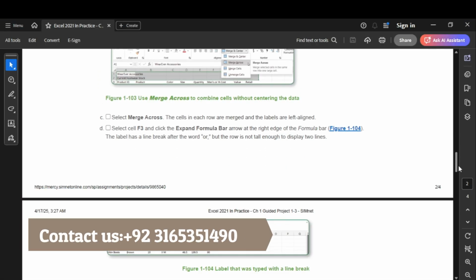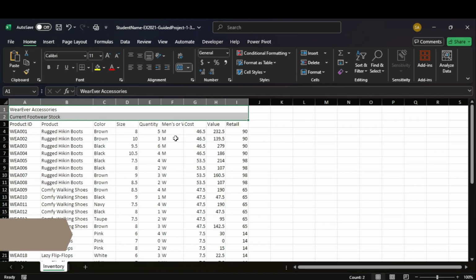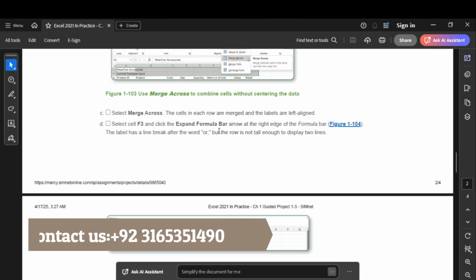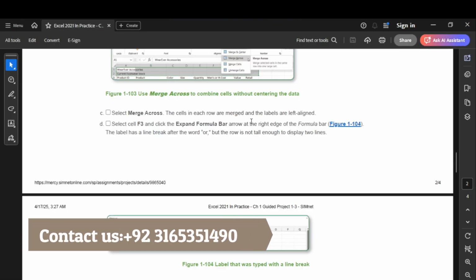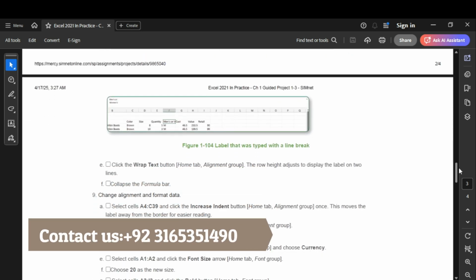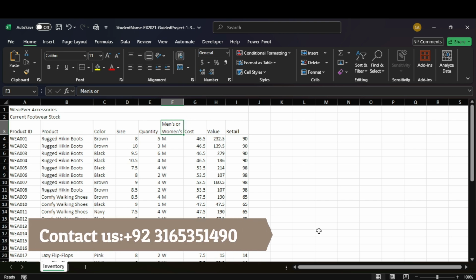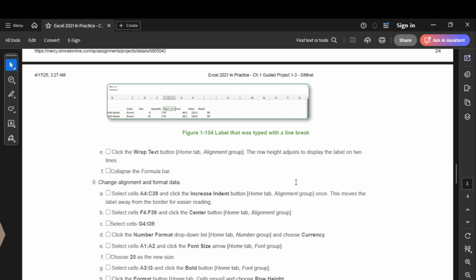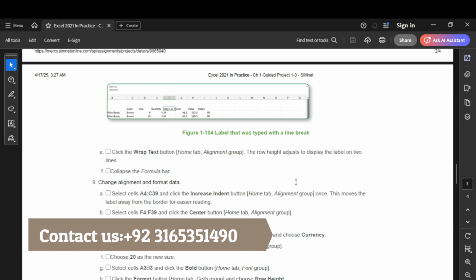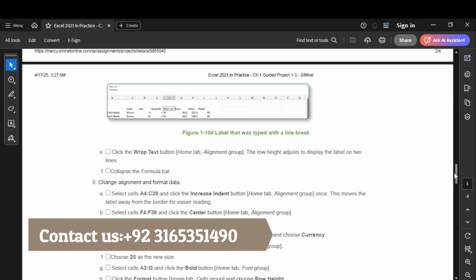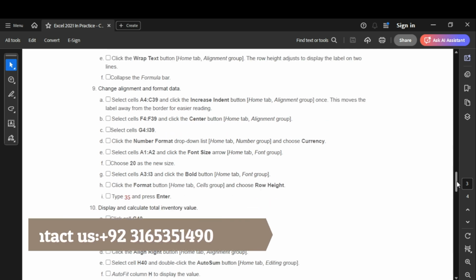Select cell F3. Click the Expand Formula Bar button to the right. The label has a line break. Click Wrap Text. So we will click Wrap Text. Close the formula bar. In step 9 it says